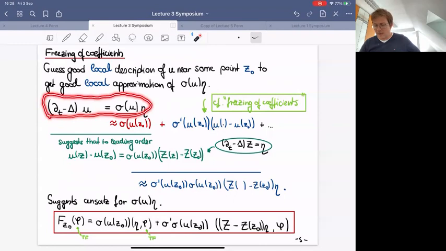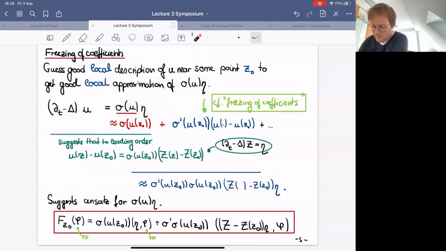So this was the equation we wanted to solve, and the main difficulty I wanted to address with this whole analysis was that I didn't know how to control this product here on small scales. And so the first step is guessing what a good description of this sigma of u could be, in order to then construct the local description of the product, which I can then check the coherence of, that it has the right continuity condition in the base point. So the first thing was just this naive guess, this freezing of coefficient type argument,